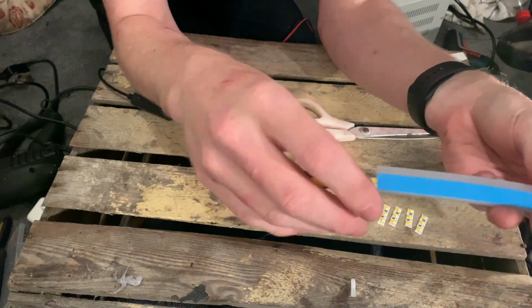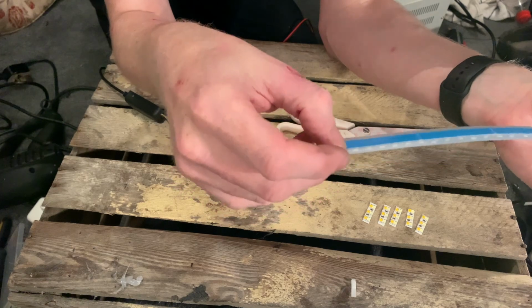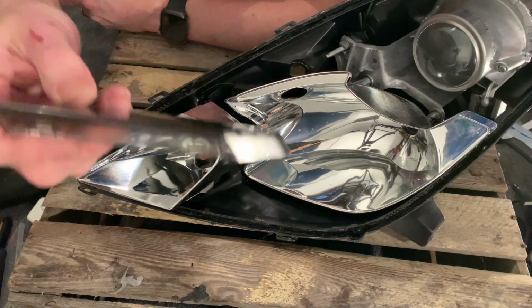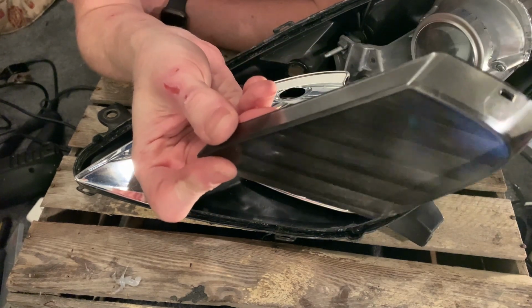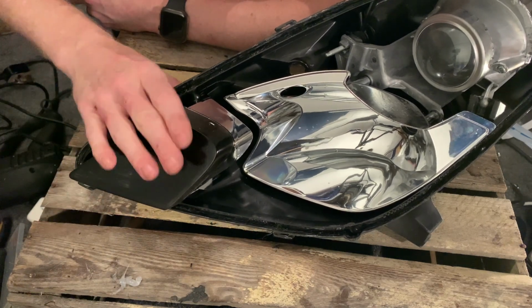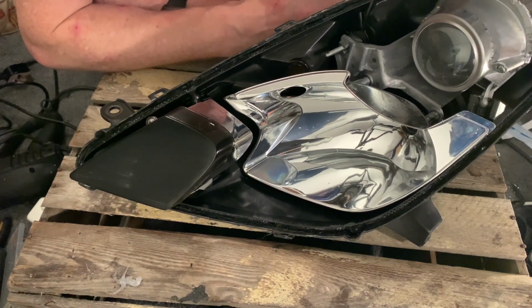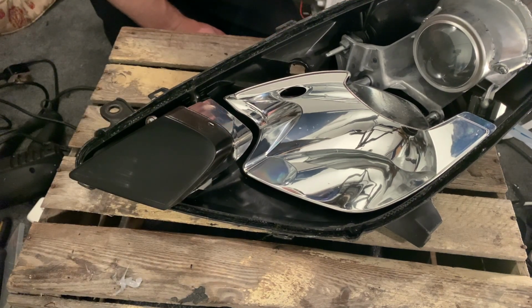And once they're in, hot glue either side, seal them in, and they're ready to be installed in the lens itself. So what I've also done is, while I sprayed the insert, I've also sprayed the indicator covers as well. So all they do is snap on like that. Then when you assemble the whole headlight back, these aren't as noticeable when you put everything back together, so it gives it a nice finish towards the end of the light. So what I'm going to do now is just assemble everything back together, and then I'll show you where the cables come out and give you some advice on how to fit the